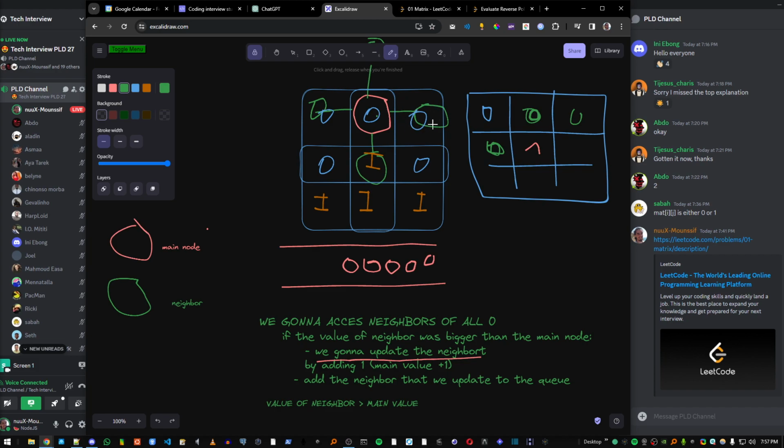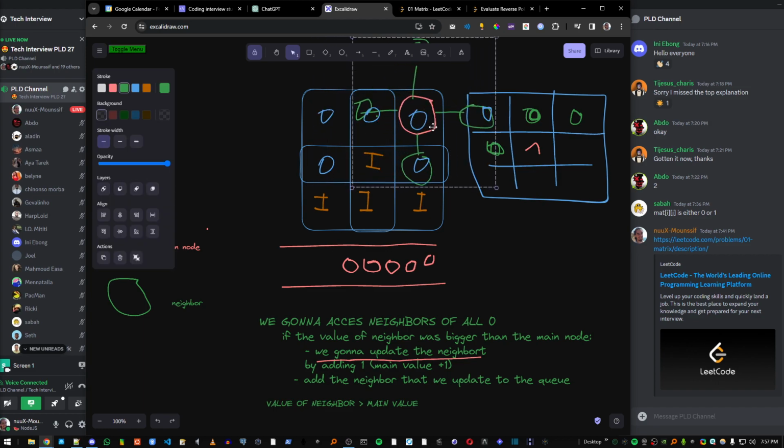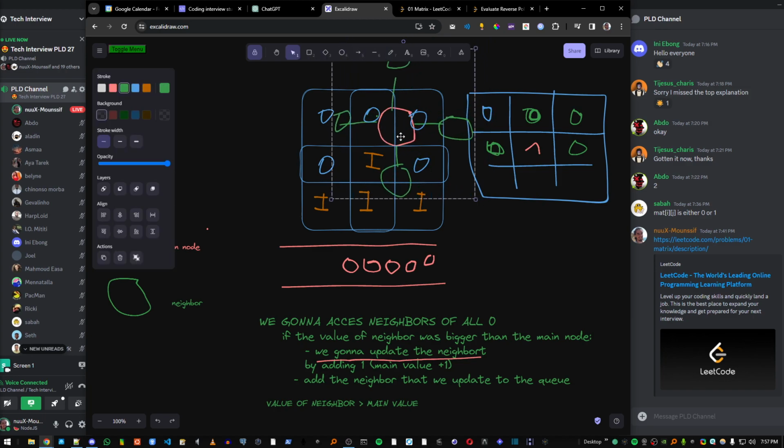Right, because this one is 0, so it's gonna stay the same. Now we're gonna move to this one. Now when we are here, we're gonna have 2 neighbors, both of them are 0, so they are not bigger, so they're gonna stay the same. So this is 0. We're gonna go here,